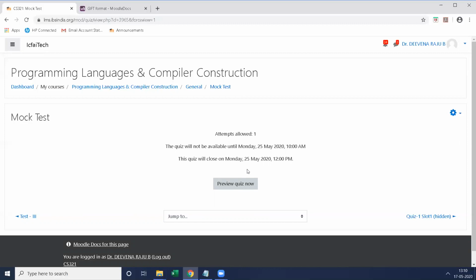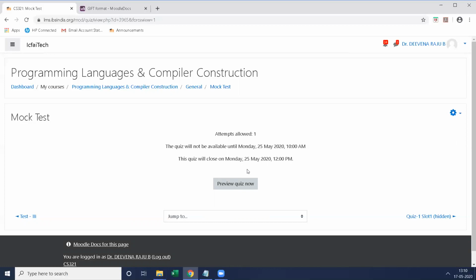So I am summarizing the contents of this video. I talked about how to prepare the questions in gift format for whatever subject you are planning. For this you need to open the text editor and write the questions according to the gift format. Once the file is completed, go to the LMS and choose the course to which you are going to add the questions. For that you need to enter the course administration, choose the question bank, then import, and the questions will be imported.